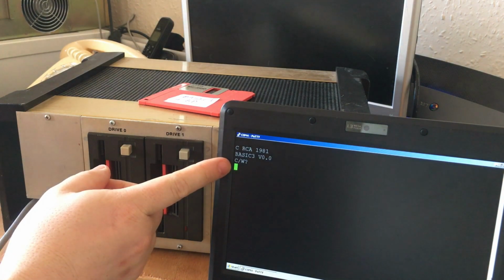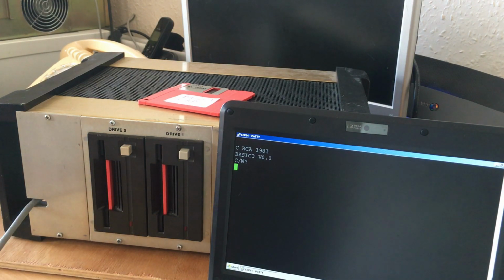We'll be asked for C or W, C for cold boot, W for warm boot. So you can reset the machine and hit W and it will keep the program that's loaded in the memory. But we'll do C. So this is a bit more sophisticated in that it has a bunch of drive commands, such as pload, space, quotes, what is it, hello.ba3 :1, quotes. This will load the